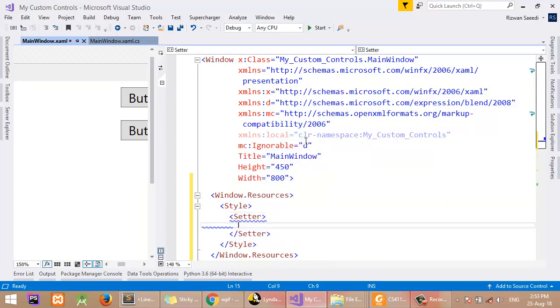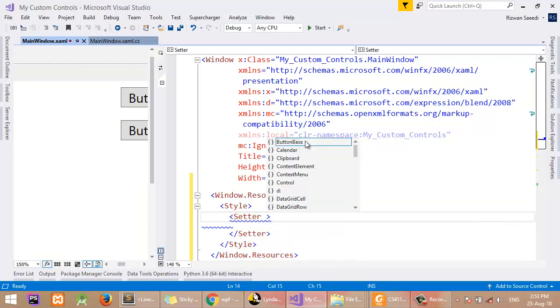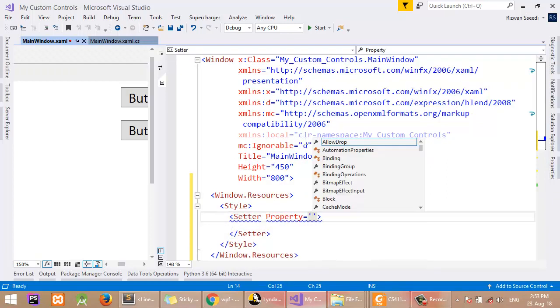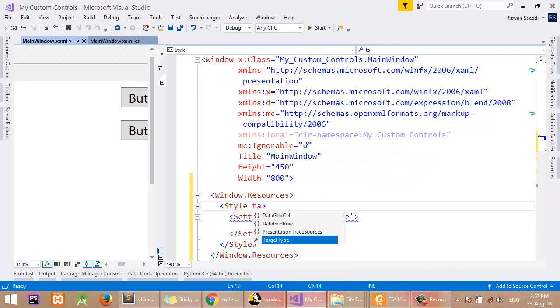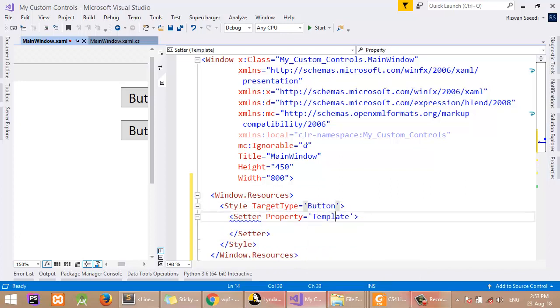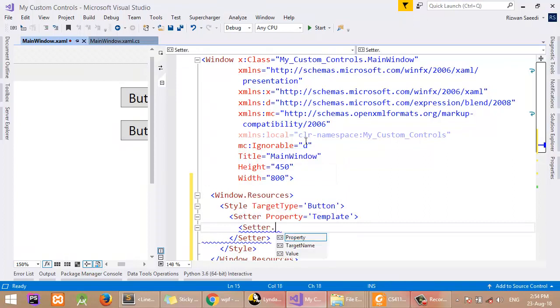Setter property of template, target type will be button. This style will be applied to all the buttons in the window, and let's set some value. Setter dot value,